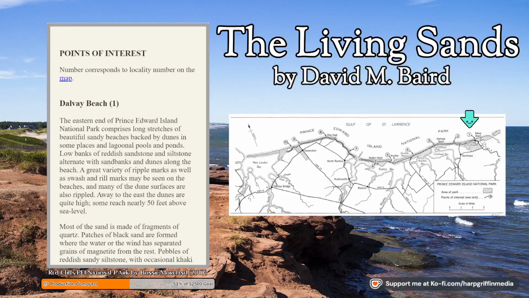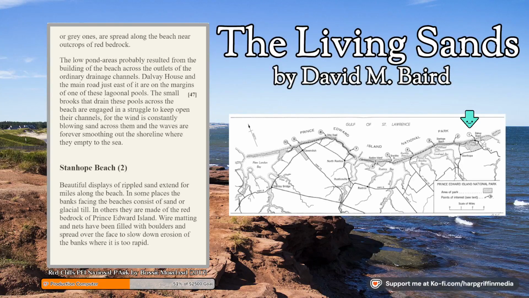Away to the east, the dunes are quite high. Some reach nearly 50 feet above sea level. Most of the sand is made of fragments of quartz. Patches of black sand are formed where the water or the wind has separated grains of magnetite from the rest. Pebbles of reddish sandy siltstone, with occasional khaki or gray ones, are spread along the beach near outcrops of red